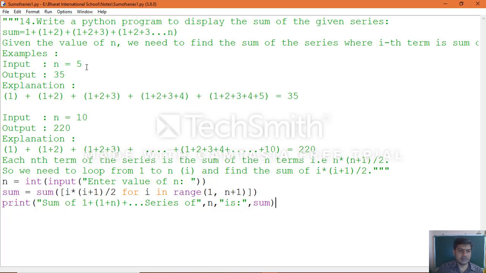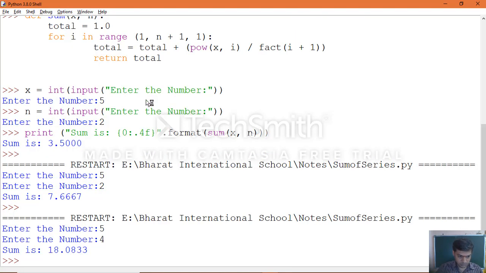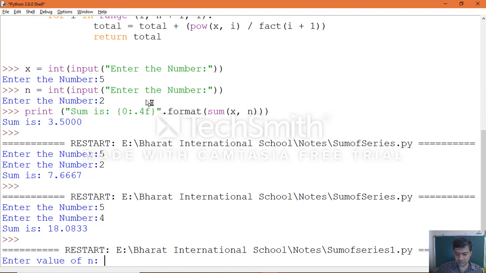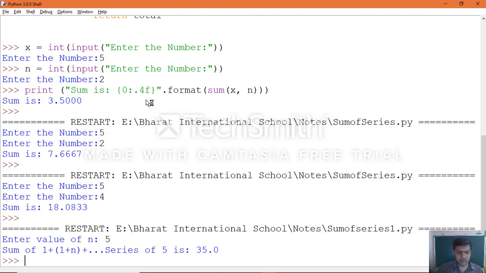Save the application, go to run, click run module, enter the n value, same 5. So when you give 5, the sum of the series of 5 is 35.